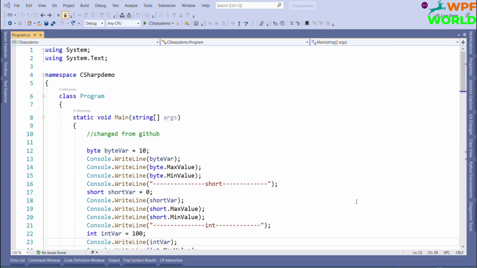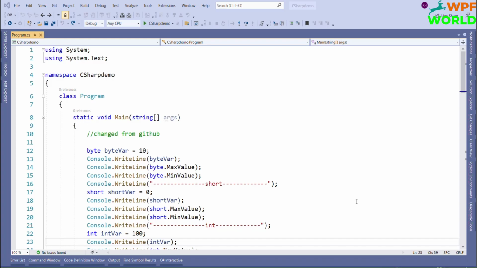In the last video you learned input and output in C Sharp. We learned how to get the input from the user and how to show the output to the user using the WriteLine method. But in this video we are going to learn another method of showing the output, which is the Write method. I will also show you the difference between WriteLine and Write.